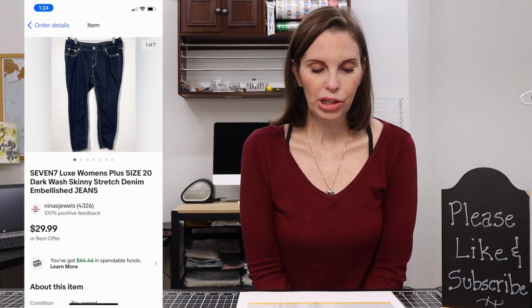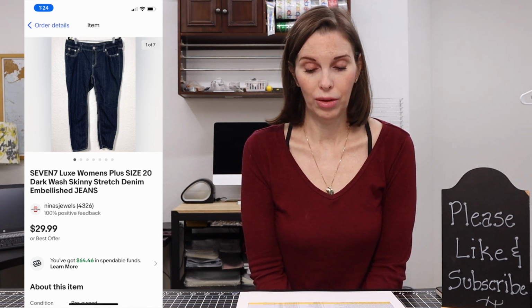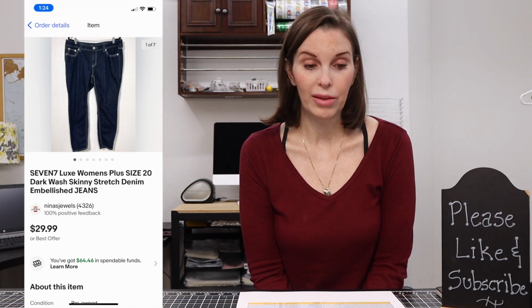Next up was a pair of women's 7 jeans. They were a dark wash, skinny stretch jeans. We'd gotten these at a garage sale. They sold almost immediately for $29.99, which I believe was our full asking price, and we got positive feedback on